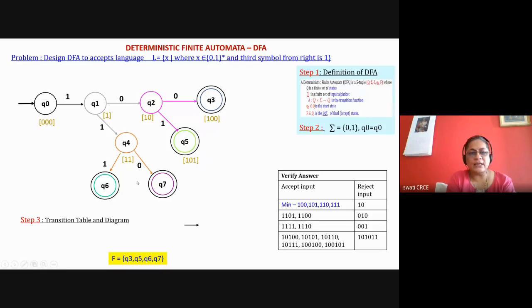Q1 is going to remember that the machine has processed 11 from the beginning. Q7 is saying 110, and Q6 is saying that all ones are processed, three ones are there. This way you draw the minimum transition DFA diagram, and in the rough work or by pencil you can write down below so that you don't make any mistake when you draw this diagram. Now find out the missing transitions. For Q0, with 0 it will remain there, that we have identified already in the beginning.